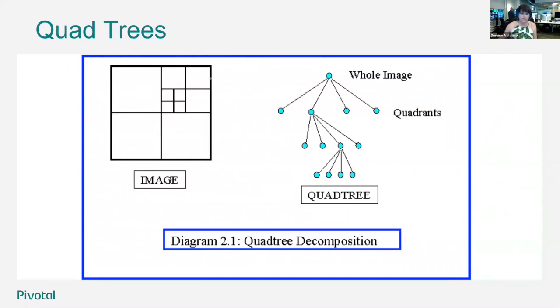And what it does is it takes the entire two-dimensional plane, breaks it up into four quadrants, and those become the four children of the root node of the tree. And then you break each of those quadrants into four more quadrants, and those become the children of those nodes, and so on. And one reason this is very useful is